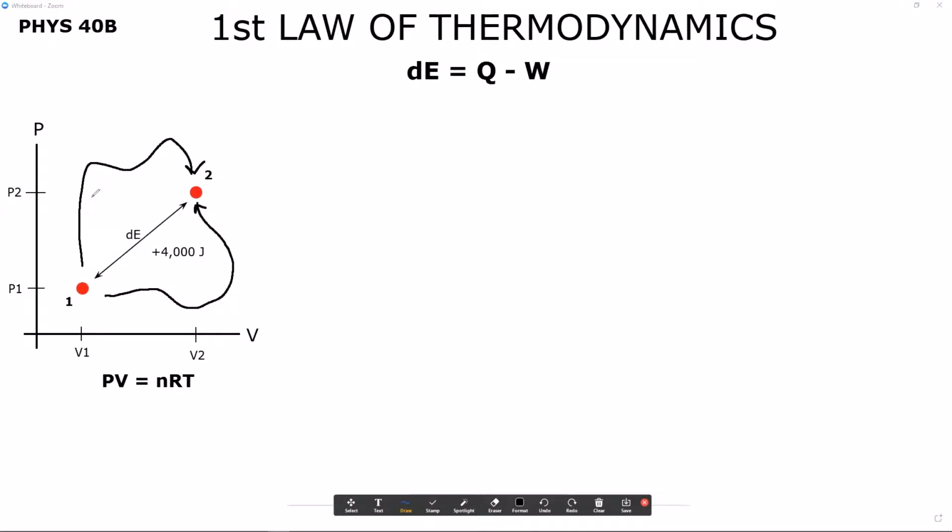Maybe something more realistic is there's a sub point in here. We go up to that, and then we go across to 2. You can also flip that over. With anything like that, the heat and work done to go from one state to the other could be entirely different. So now we have to describe, knowing that, can we use PV equals nRT